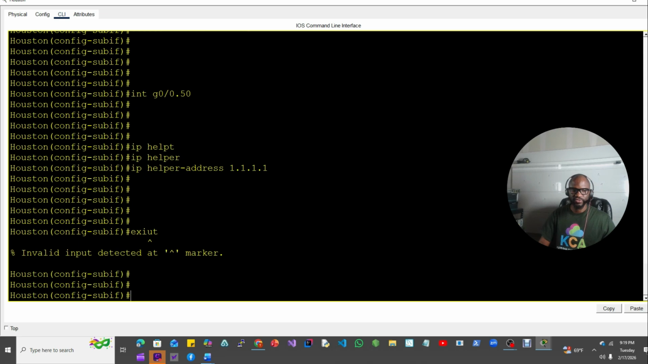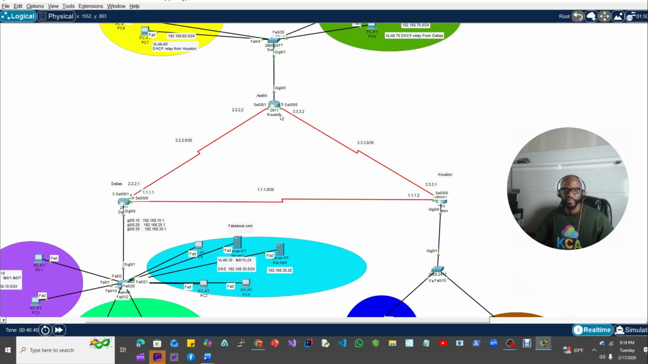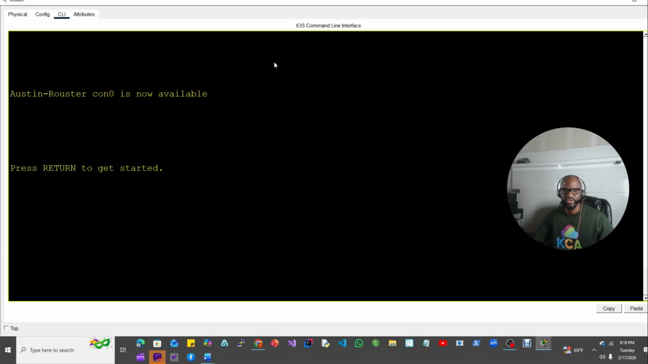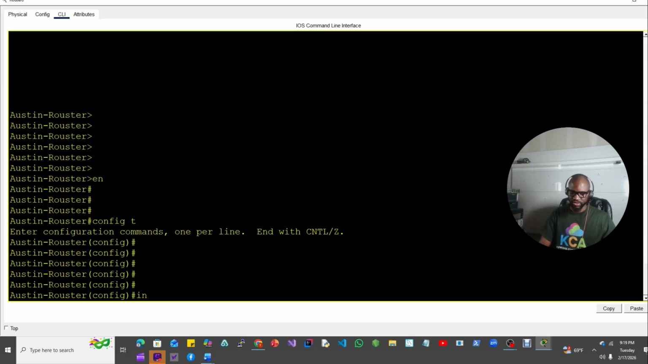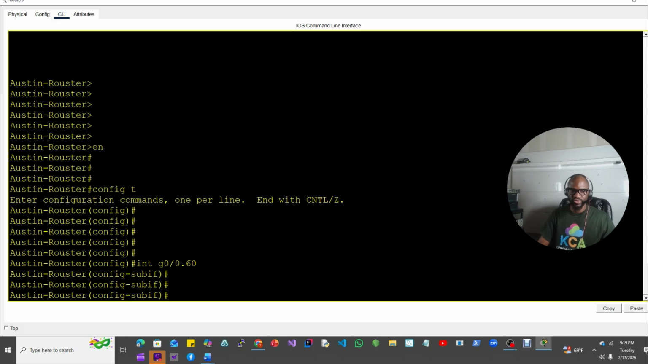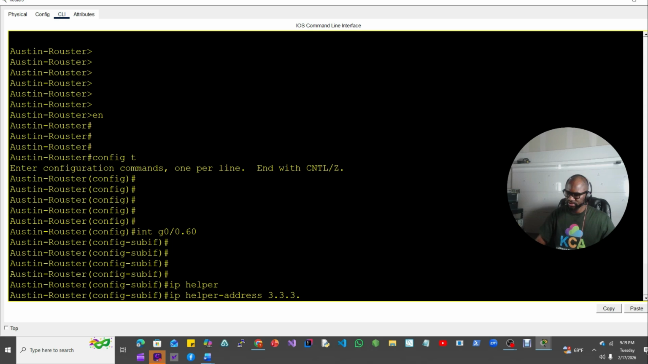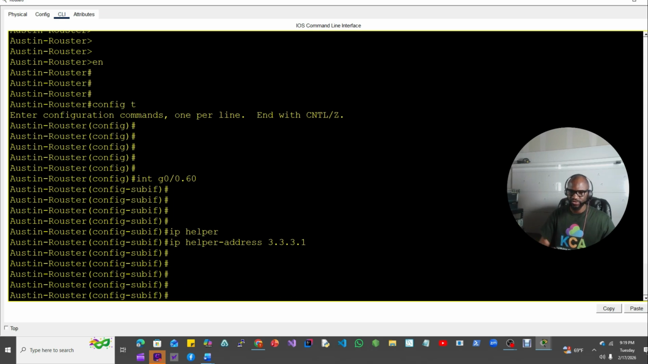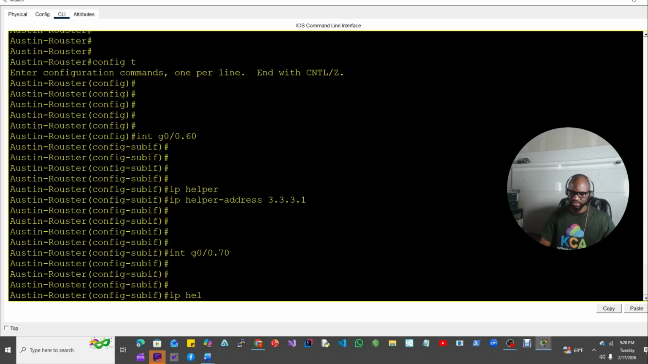All right, so VLAN 40 and 50 are set up pretty much, and we go to Austin. config t, interface G0/0.60. As we know, VLAN 60 in Austin is expecting IP addresses to come from the DHCP server configured in Houston. So we'll say ip helper-address 3.3.3.1, which is the IP address of the Houston router. Interface G0/0.70, ip helper-address